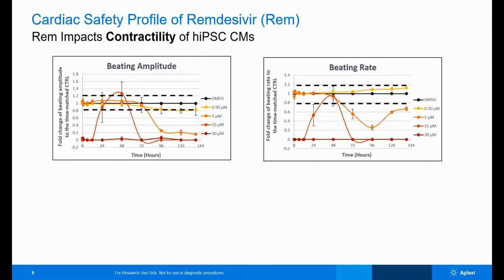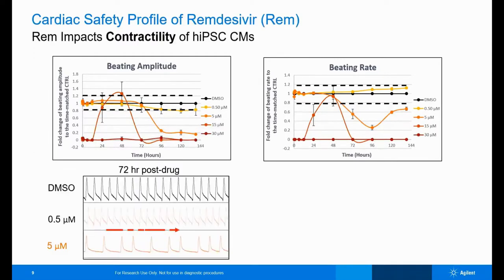Like other RTCA systems, CardioECR systems mirror the cellular events in real time. Therefore, we won't miss any information, even very transient changes during the treatment. This also prevents misinterpretation if you collect the data at the wrong time points in an endpoint assay. So now let's look at the time course of the beating rate. We can see a very similar pattern in the remdesivir-induced reduction of beating rate shown in this figure.